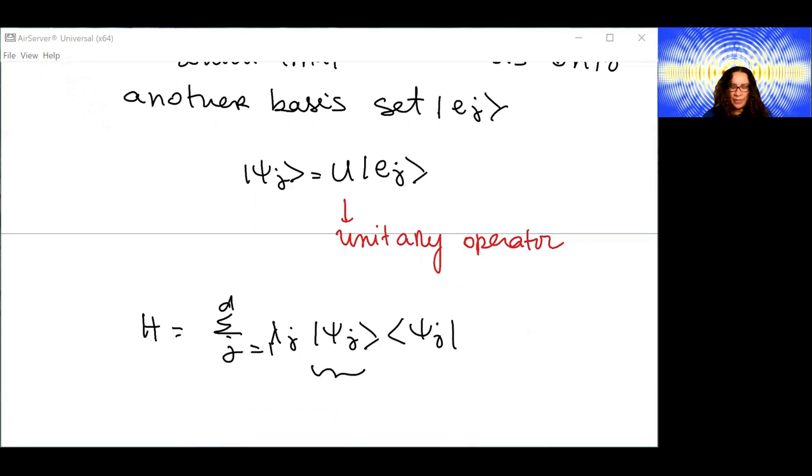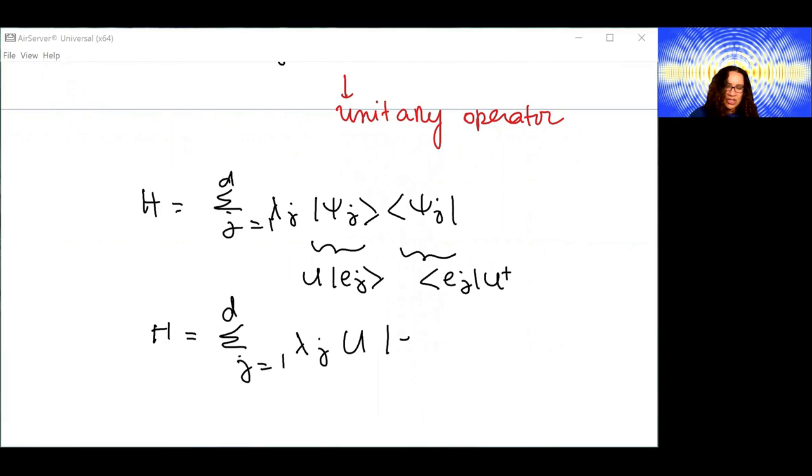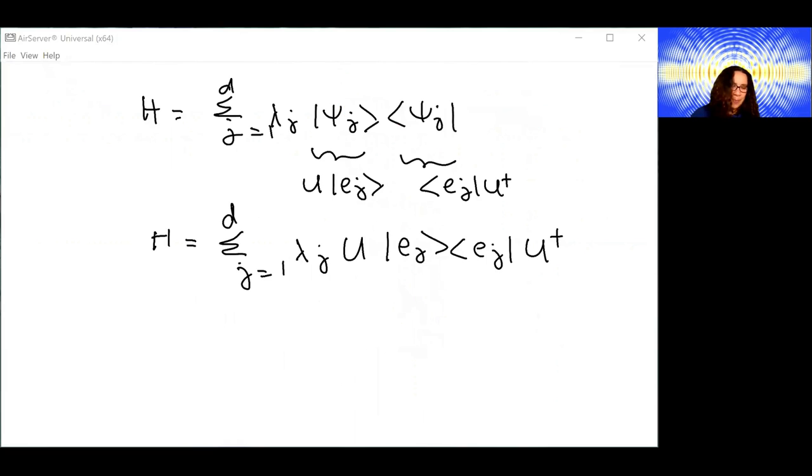So we know this guy is U e j, whereby e j is the other basis set, and this is the corresponding bra, so this is going to be e j U dagger, which means then that H can be written as the sum from j equals 1 to d of lambda j U e j bra U dagger, or even more, if you can pull these unitary operators out, and you're going to have